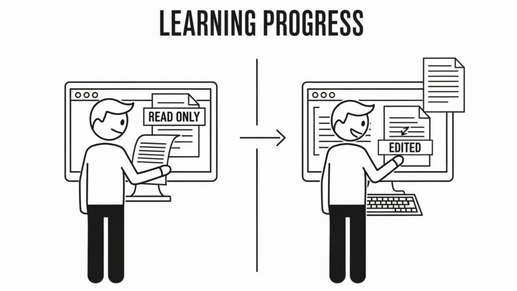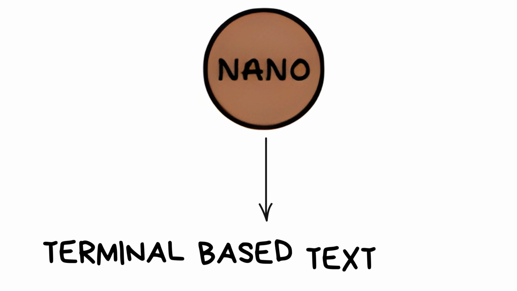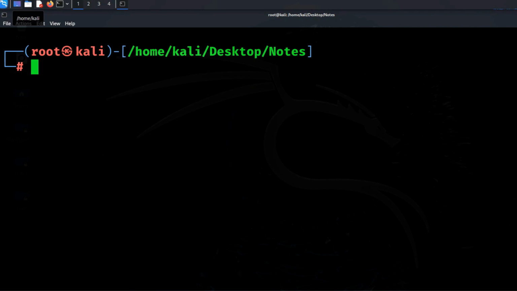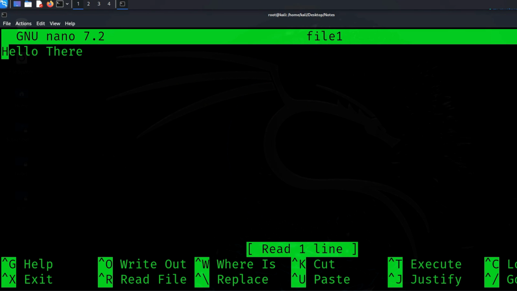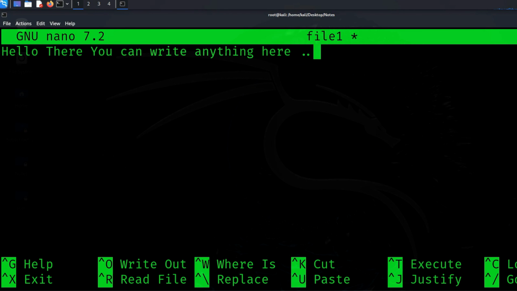Once beginners can read files properly, they start modifying them. Nano is a simple terminal-based text editor. It allows you to write and edit files directly inside the terminal. It's beginner-friendly and doesn't overwhelm new users. Most people use Nano to edit configuration files, write scripts, or take notes. You don't need to memorize complex shortcuts. Everything is shown at the bottom of the screen, and once you start editing files, you realize that mistakes happen,